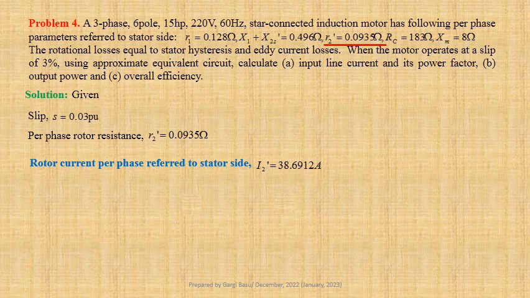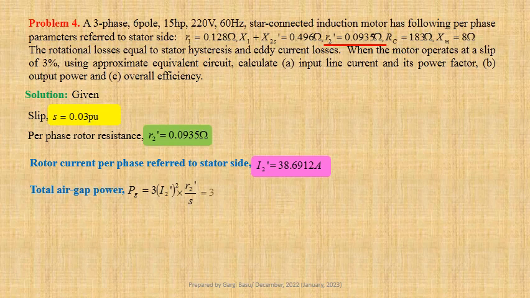For three-phase induction motor, expression for total air gap power PG equals 3 times I2 dash square into R2 dash by S. Using values, we get 3 into 38.6912 square into 0.0935 by 0.03, which is approximately equal to